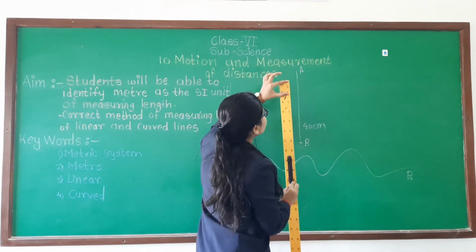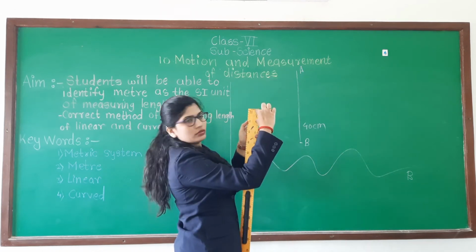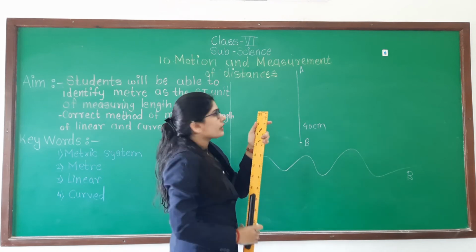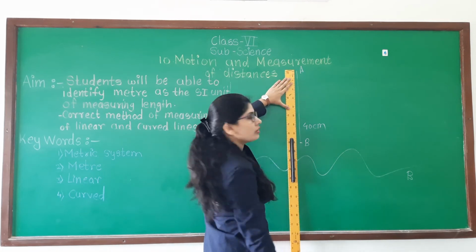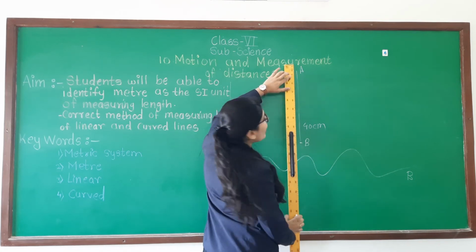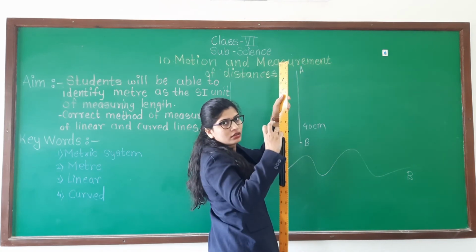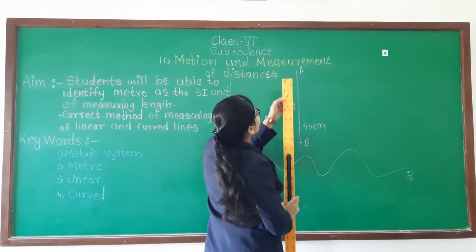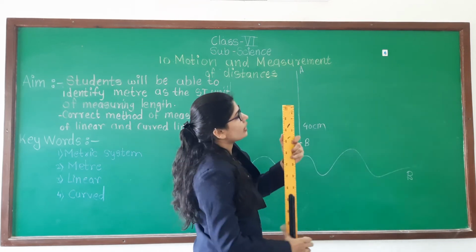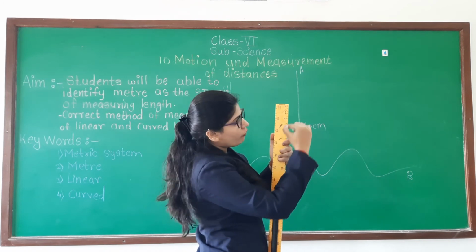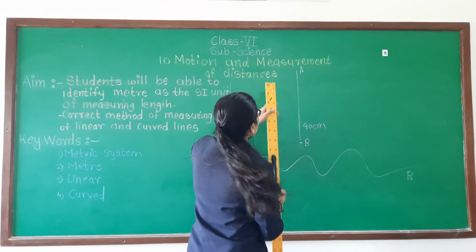If this scale is broken from here, now imagine this scale is broken. Can you put the broken part like this? No, we cannot take. What we have to do, you have to take the scale which is showing the full divisions or full scale, means this part. Okay, 0 to 5 part is broken. So what you have to do, from the 5 you have to take the measurement.